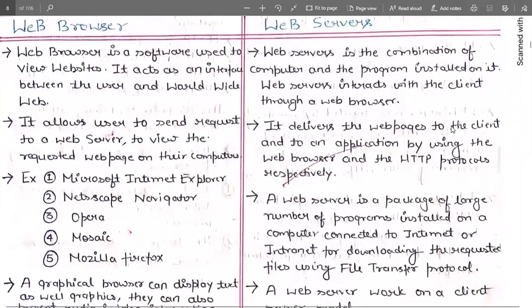Okay, so both of these are different. It allows the user to send a request to a server to view the requested page on the computer, and the web server delivers the web page to the client and to an application by using a web browser and the HTTP protocol respectively.